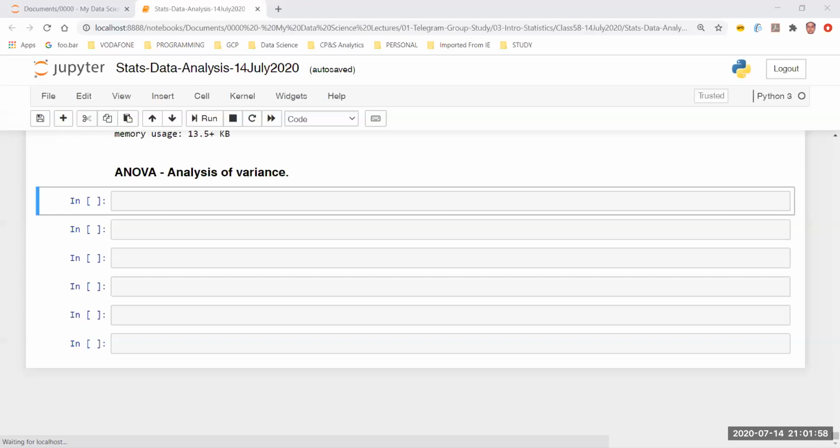Now, two-way ANOVA obviously is a bit more complicated as compared to a one-way ANOVA, as you may have already understood, because two-way ANOVA changes the way in which we do the calculations. Now let's go through one quick example and see how it goes. But I would like to clarify that we already have the formulas, or let's say all the functions, available in both Excel as well as in Pandas.